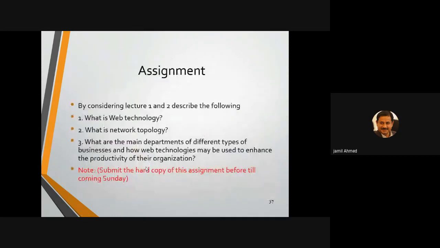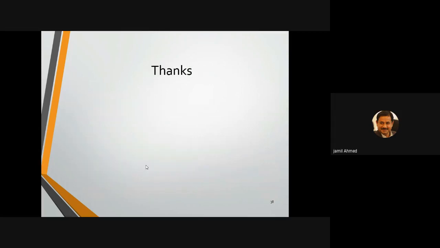So this is all about the assignment. Now, hopefully, the assignments are very much clear and will be sent to me. Now, I think the whole concept is clear. What are the networks? What is the hardware? What is the software? What are the web-based applications? And the rest of the things are